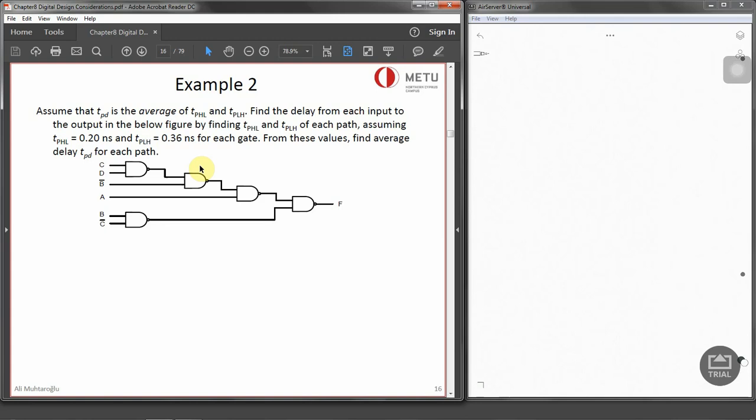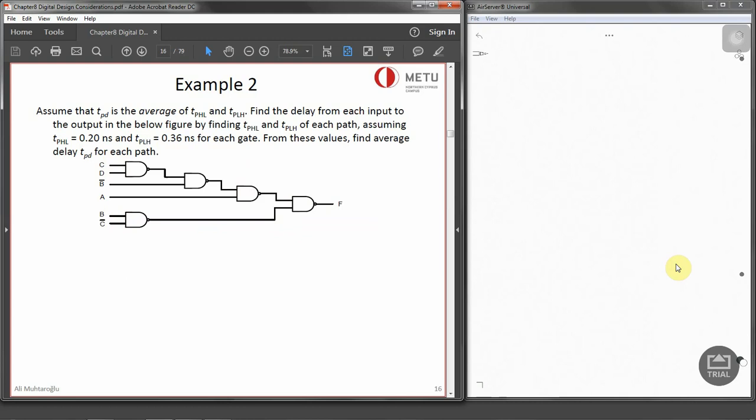From these values, find the average delay for each path. When we consider the paths, we have one path from C or D to F, another path from B prime to F, then A to F, and B C prime to F. These are all the paths that we need to consider